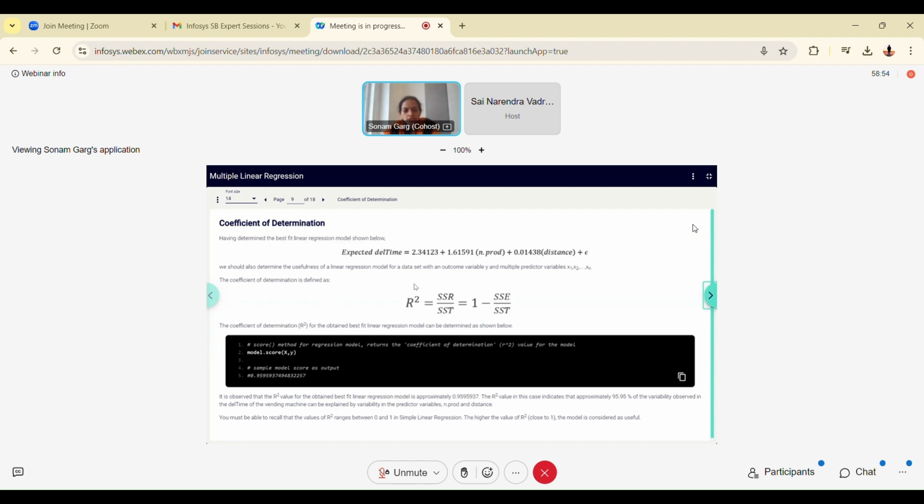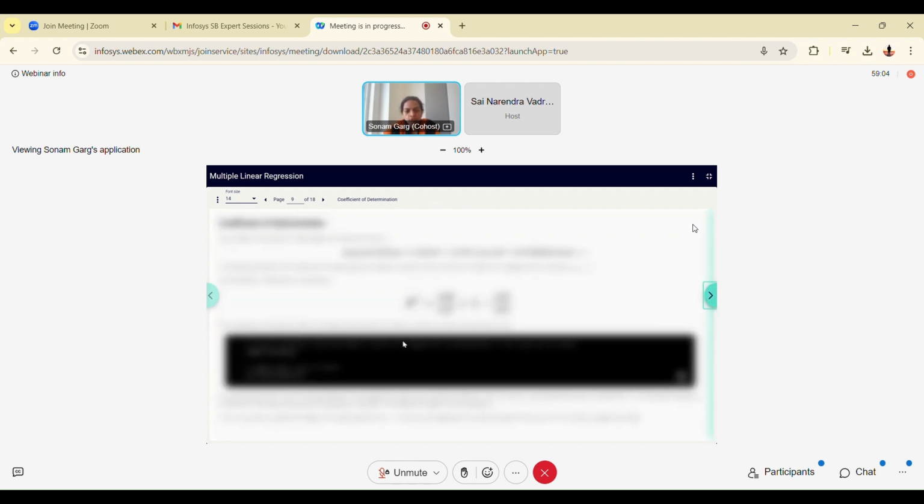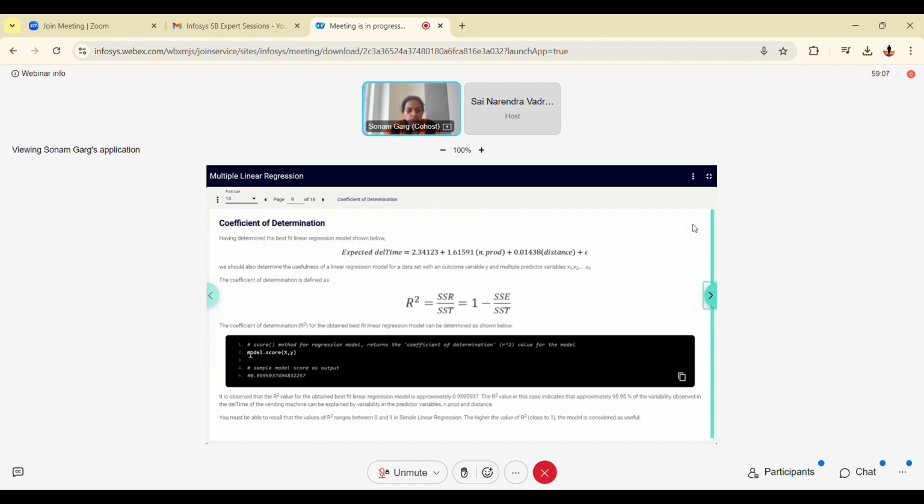Now let's see how we find the score. Once the model is created, we have fitted the model. We have used model equal to linear regression. Then we wrote model.fit(x, y). After that, to find the coefficient of determination, we simply have to write model.score. So the score function gives us the coefficient of determination, the R square value. Between x and y, we are getting 0.95.